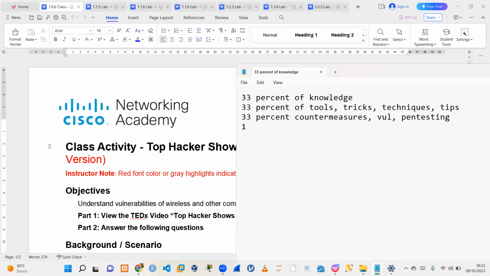So 1% is going to be that residual risk that is always going to be there. If you check everything, you're going to get 100%. So if you want to be a good security analyst,